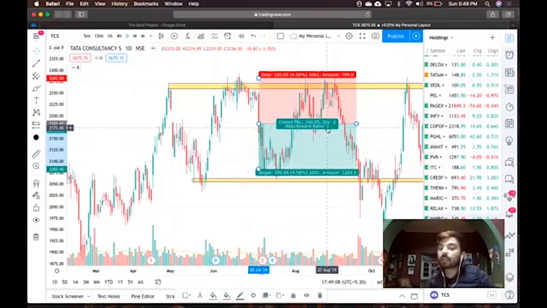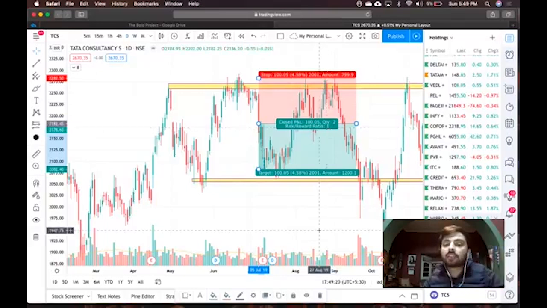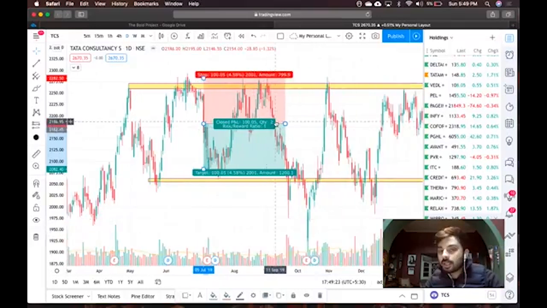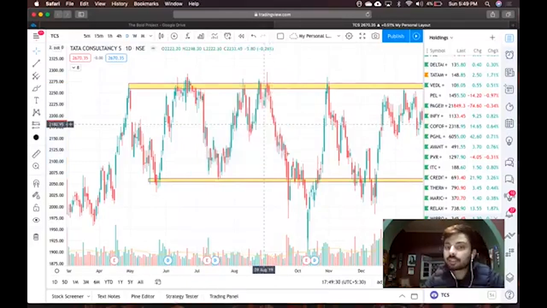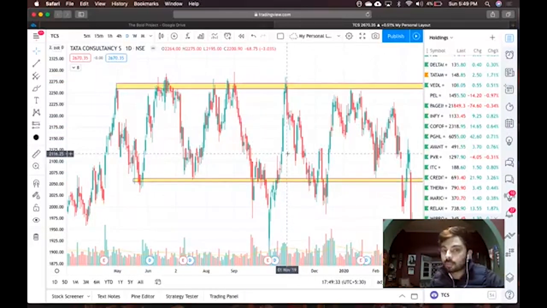You can take that trade, because for every unit of profit, you are there to accept 1 unit of risk as well. I hope these points are clear: the risk reward ratio, the targets, and the stop loss. So what I have discussed is for a range bound market. If the market is moving between support and resistance, this is how you have to plan your trades out. This is how the risk reward, SLs and profits have to be. So this only applies to a range bound market. For any breakout and other strategies, we will be discussing them in the respective modules. I hope this concept is clear.